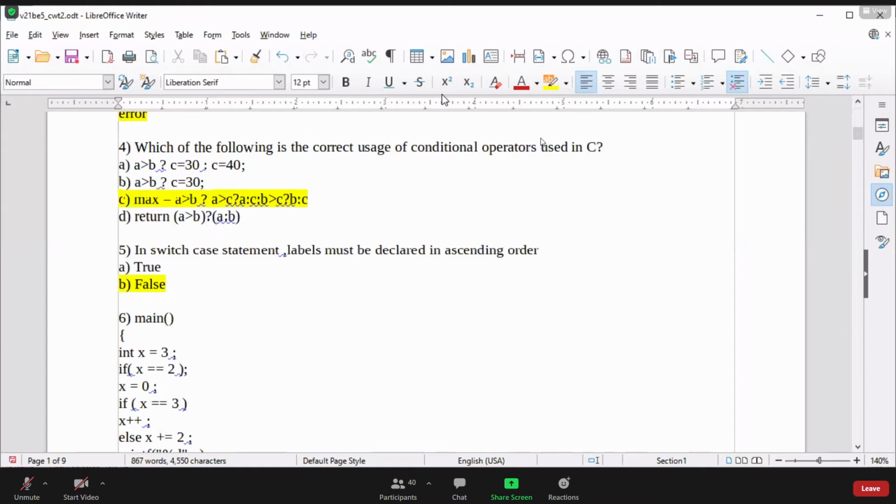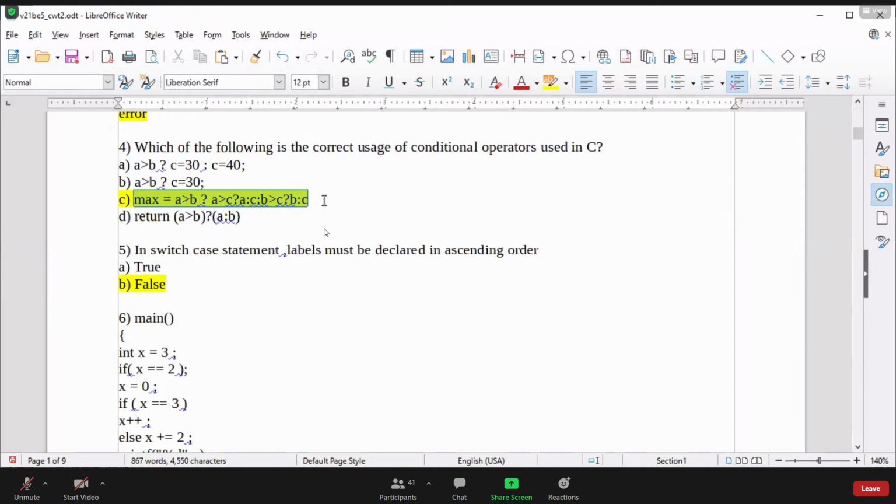Don't look at the semicolon and things like that. This bracket is not correct. This second bracket grouping is not correct. See, are you able to observe it? With a colon, this is the second operand and this is the third operand. For two different operands, there is no need to make grouping this way. So that is wrong.